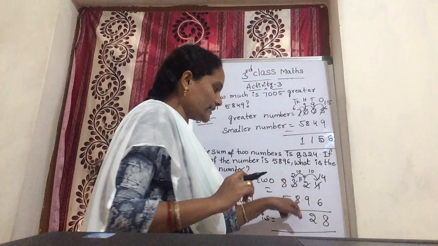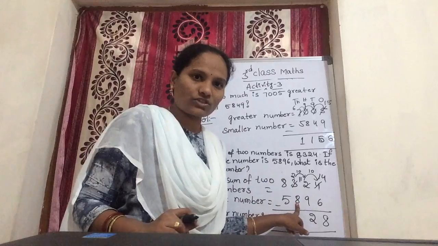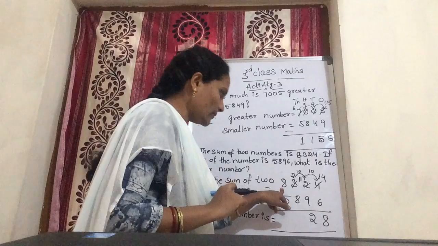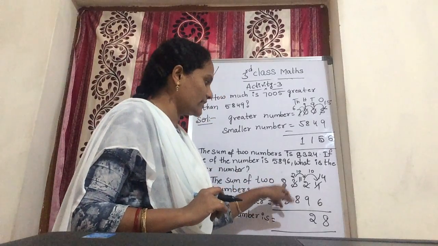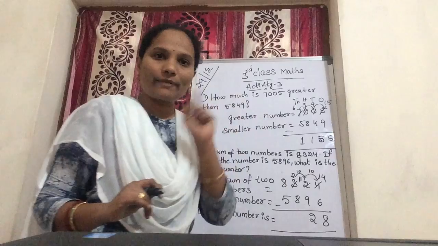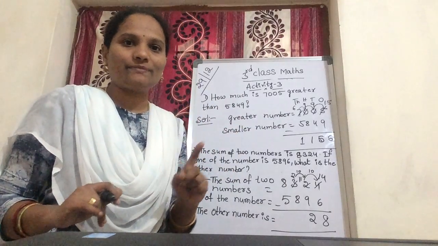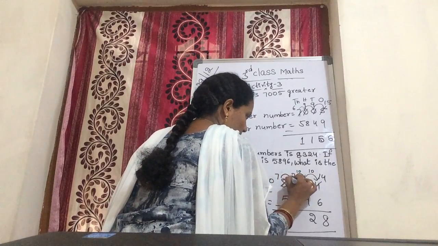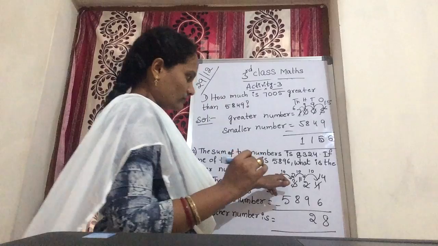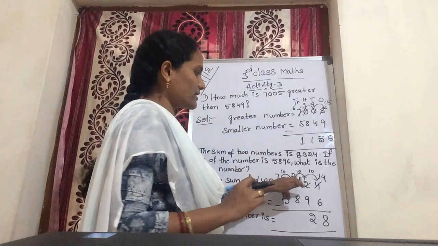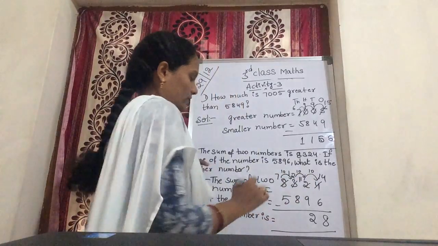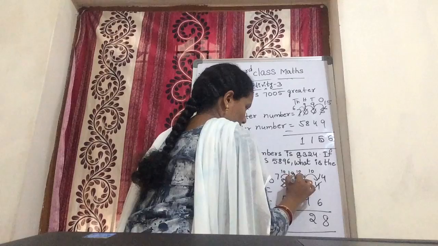Write in tens 2. Again here 2 is there. Here 8 is there. So can we subtract 8 from 2? No. Again you need borrowing from thousands. Here which number is there? 8. 1 is subtracted from 8. So how much is still here? 7. So 8 minus 1 goes, so 7. 10 goes, so you bring 10. That 10 plus 2. 10 plus 2, how much? 12. So 10 plus 2, 12.